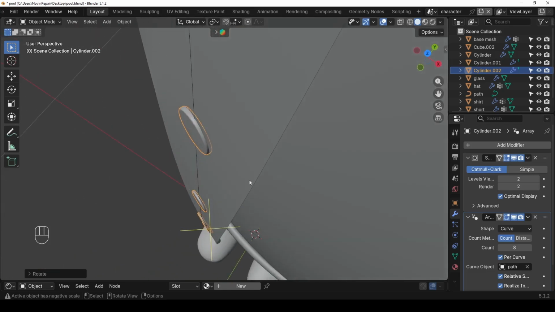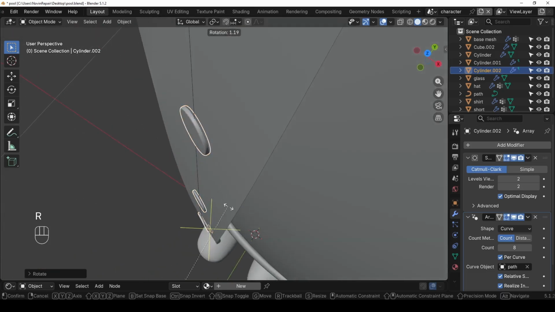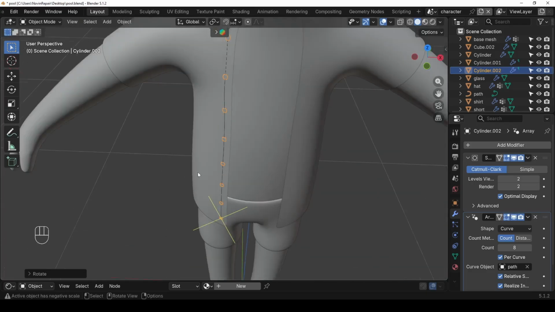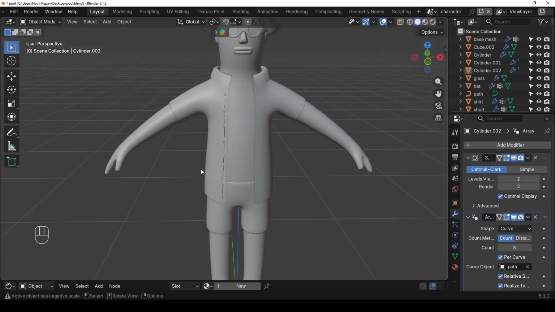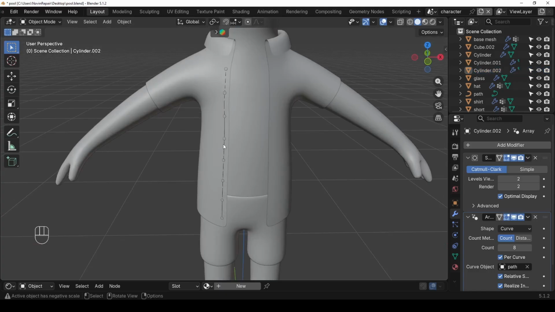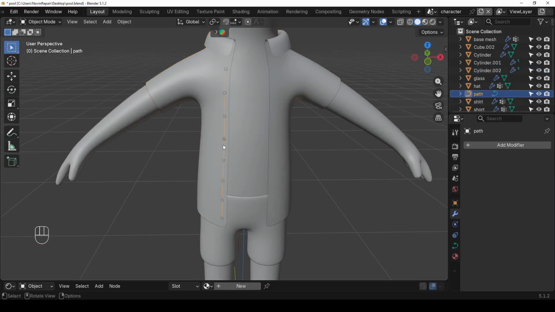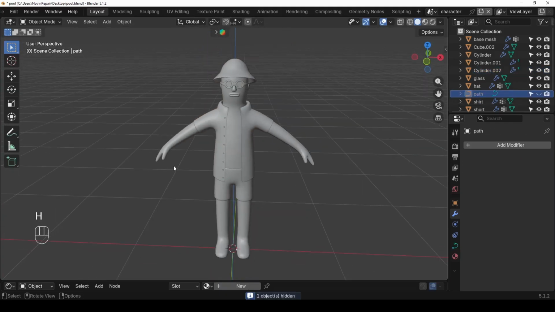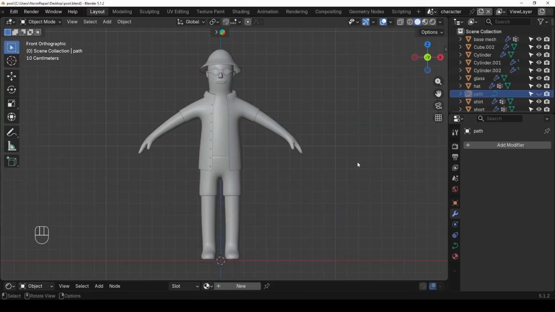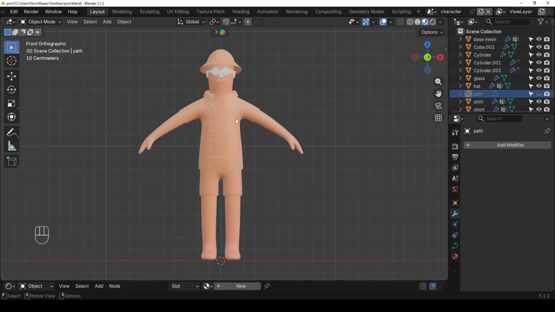Let's look at it from different angles and find the best rotation value. Alright, here is the bottom, so I can select the path and hide it for now, and Control S to save. It's time to give some material to these clothes, so let's switch to material preview mode,